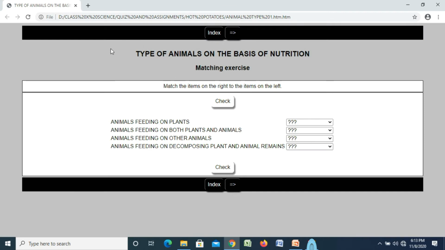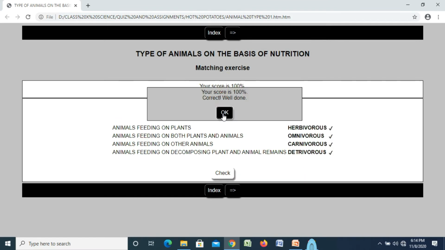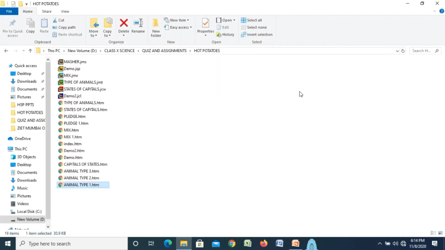So the HTML file has opened even in the absence of net connectivity. So I am working offline. Even the students can work offline. So you see, HTML files can work even in the absence of network. So you are to share these HTML files with the students so that they can download them and practice the exercises.